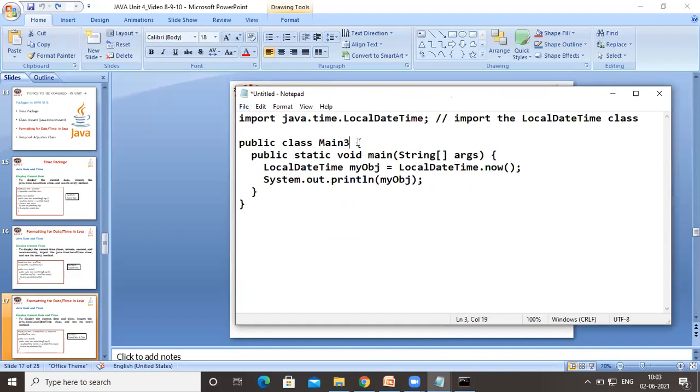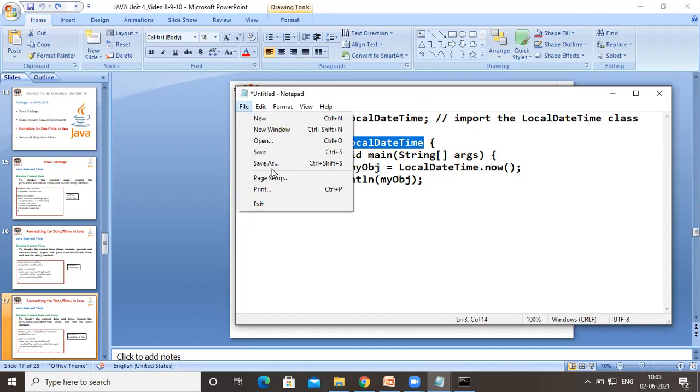We'll change the class name also, because here we have used the class names main1, main2, main3. Already with those names, I have some other programs. That's why I'm changing it. The name of the class is MainLocalDateTime. With this name, we're trying to store this program.